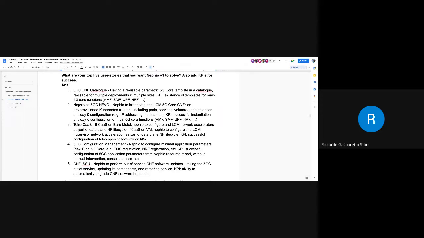Of course, there's a bit of a fine line between architecture, building blocks, and user stories and requirements. So many of the things that I've listed here could be fleshed out a little bit more, and many are actually sub use cases of something bigger that needs to be in the architecture here.